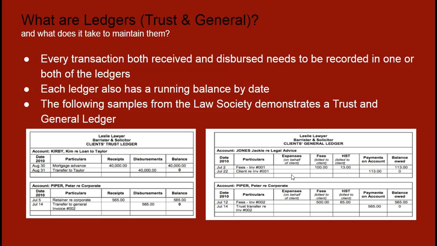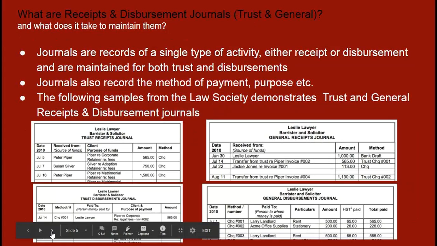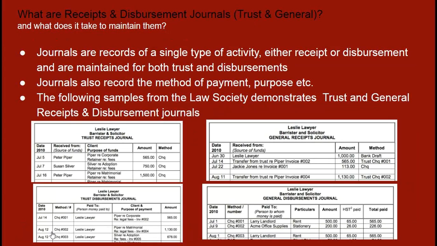Expenses are important because they're captured in a fee book as well. So if you're doing this in a manual way, keep a separate tab of all of the office expenses that you've incurred, and all the disbursements that you've incurred on behalf of this client. Okay. So that's really the ledger document. That's date, particulars, receipts, disbursements, balance. In the general ledger, date, particulars, expenses, if any, fees separated out with the HST, total, and a running balance. Okay, straightforward. I don't want to beat that same concept to death.